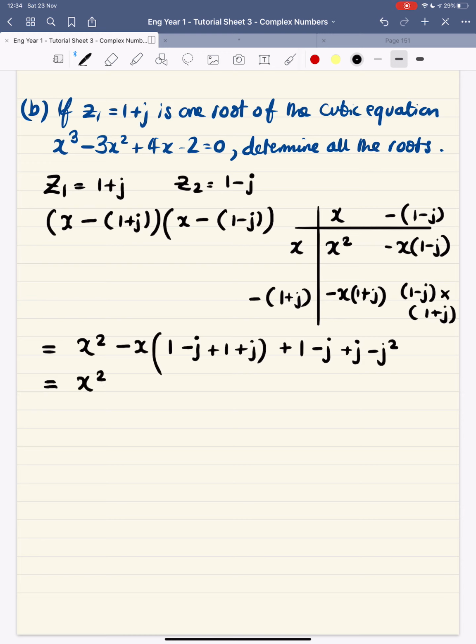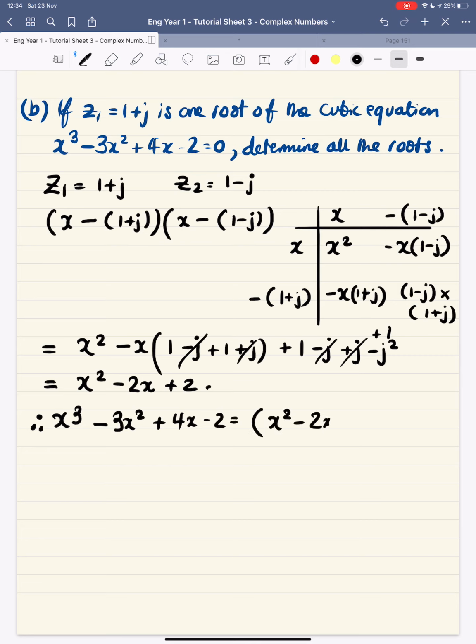So this is x squared, they cancel, minus 2x, they cancel, and minus j squared is plus 1, because j squared is minus 1. So that's going to be plus 2. Okay, so we now know that x cubed minus 3x squared plus 4x minus 2 is x squared minus 2x plus 2 times